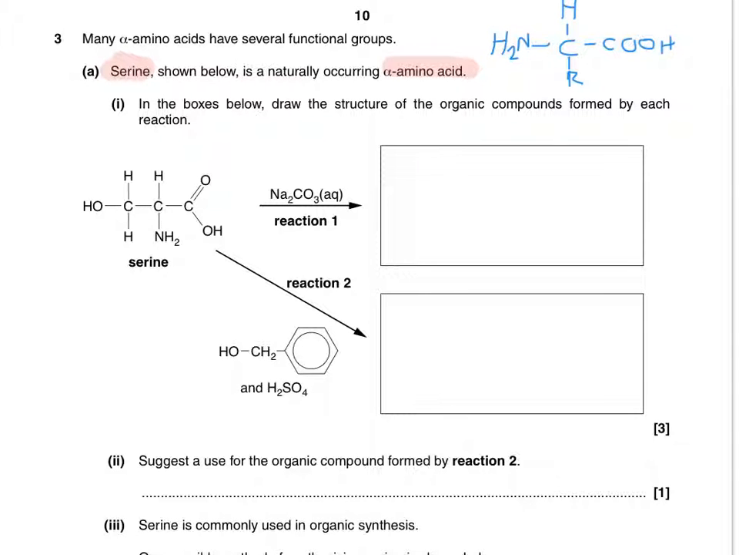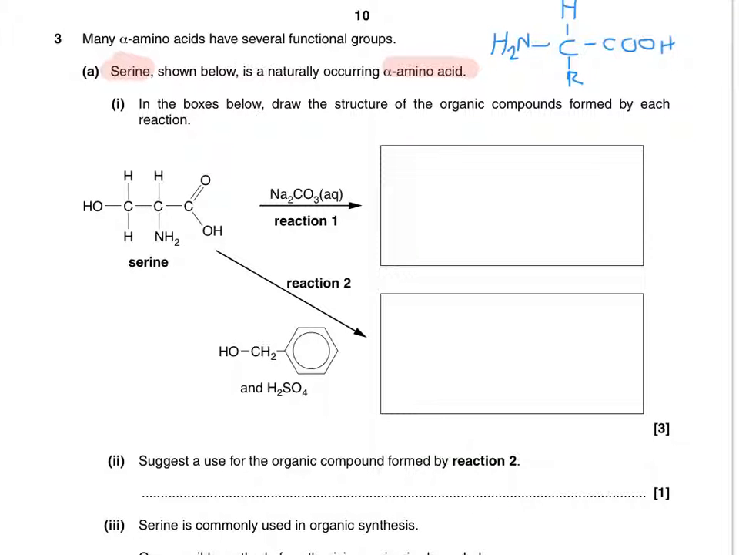So it has that sort of structure with an amine group on one side, a carboxylic acid group on the other, a central carbon, an R group and an H. So obviously the central carbon is chiral. But this isn't about chirality, this question. It's another reaction scheme, isn't it? So if we have a look at what we've got